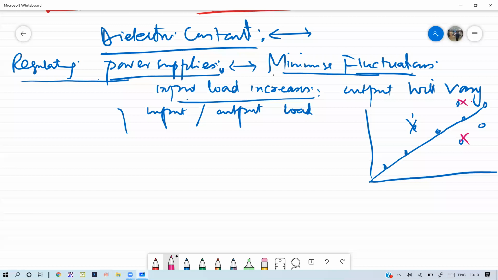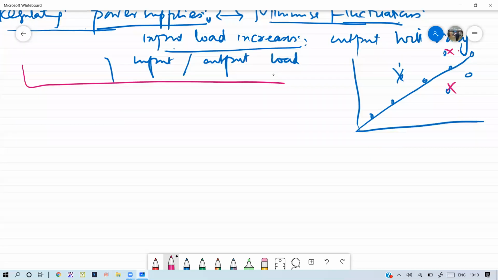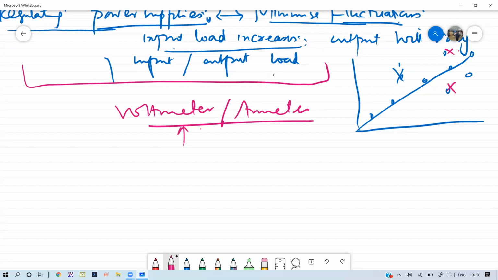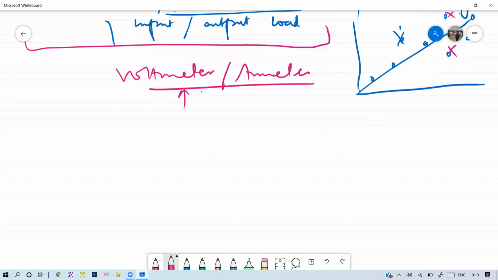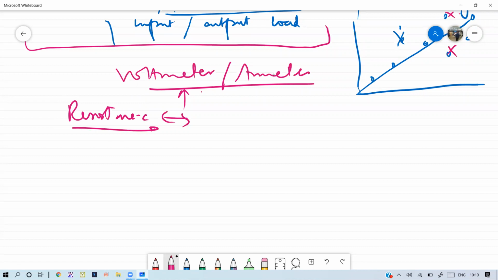Sometimes it happens, for example, if you have a voltmeter or a meter, and these have different resistances. You all know that. If the resistance changes during a measurement because of the different input current and voltage, you can get a different value. If you don't know the resistance during a particular